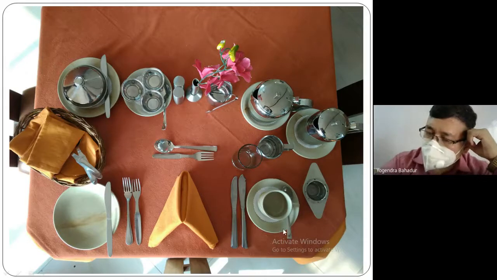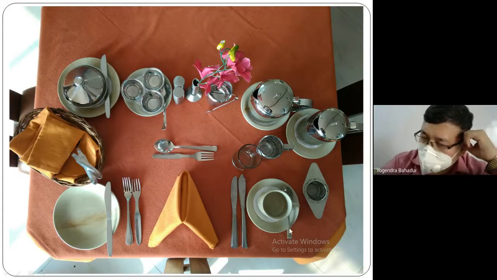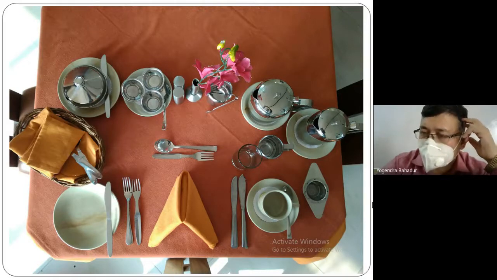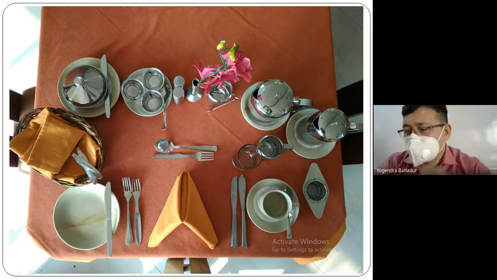So here you can see the cup, with doily paper as an underliner, and under it, we have the saucer as an underliner. The doily paper is in between, and there we have the teaspoon. Why are we providing this cup? Because we know very well that in English breakfast, a beverage item will come, and whenever a beverage item comes, that particular beverage, tea or coffee, is supposed to be served using this cup.